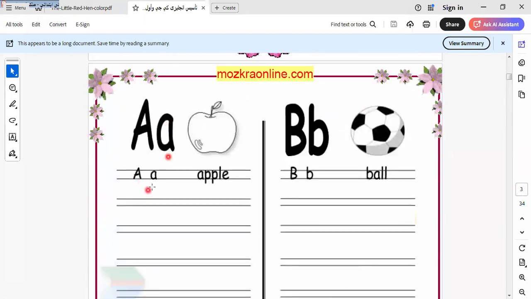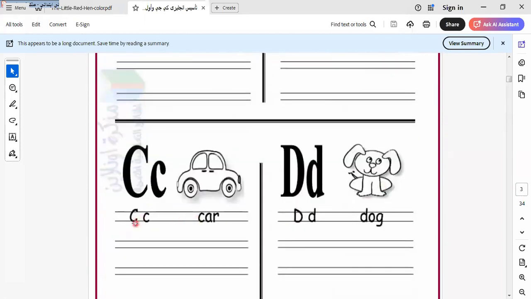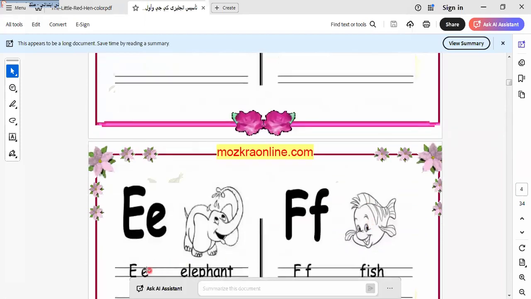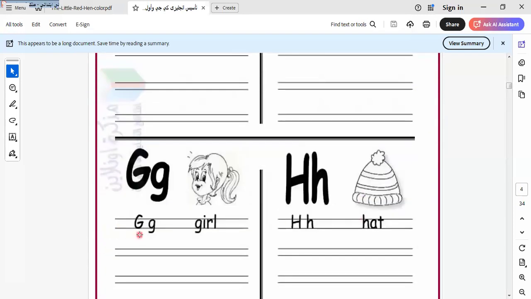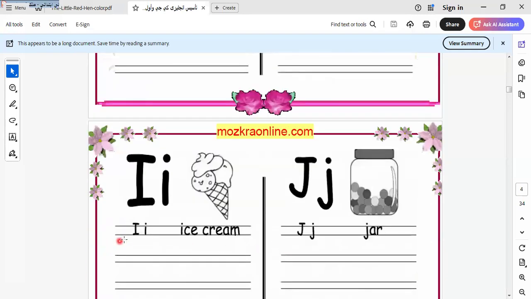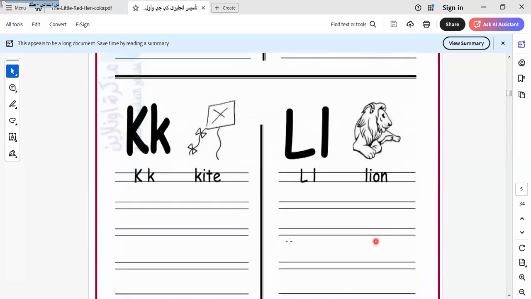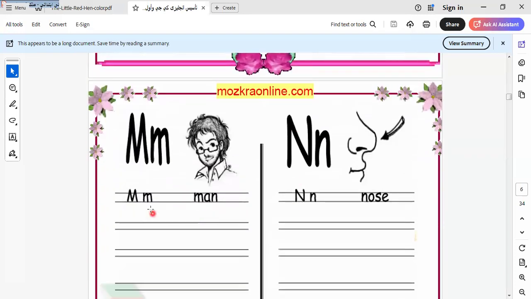Here is capital A and small a for apple, capital B and small b for ball, capital C and small c for car, capital D and small d for dog, capital E and small e for elephant, capital F and small f for fish, capital G and small g for girl, capital H and small h for hat, capital I and small i for ice cream, capital J and small j for jar, capital K and small k for kite, capital L and small l for line, capital M and small m for man,